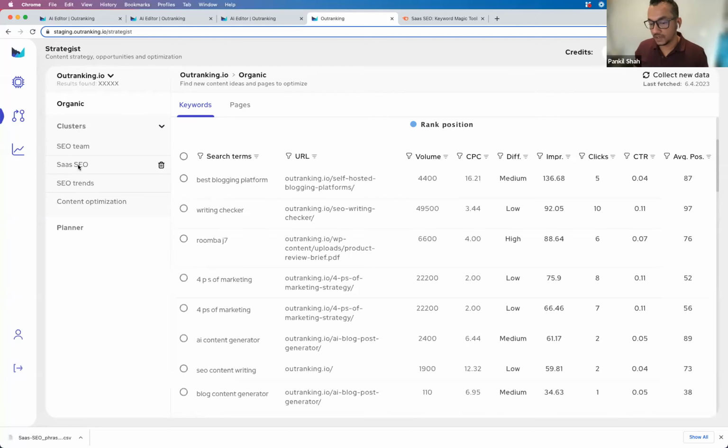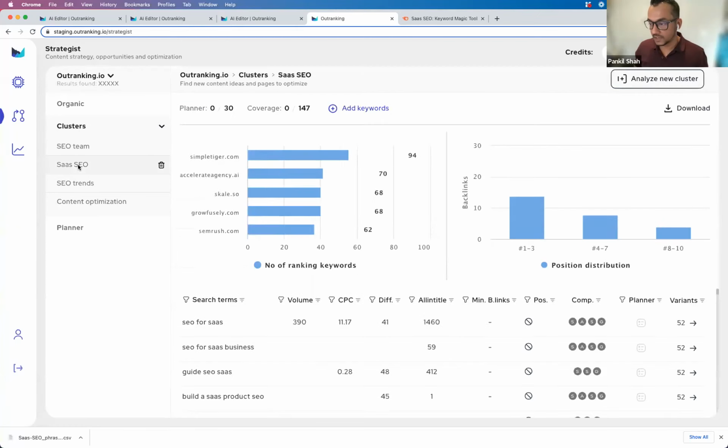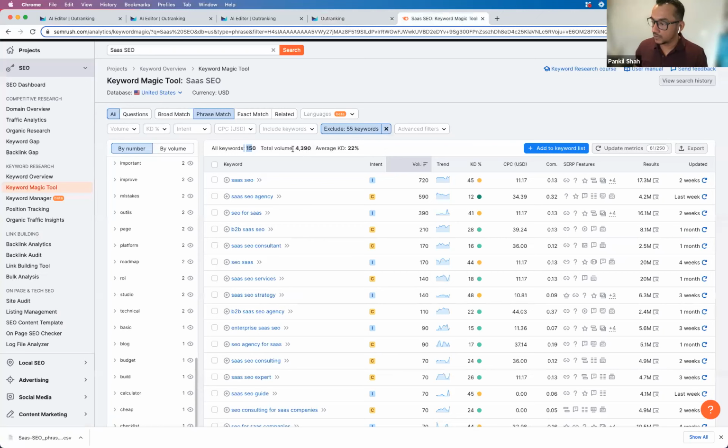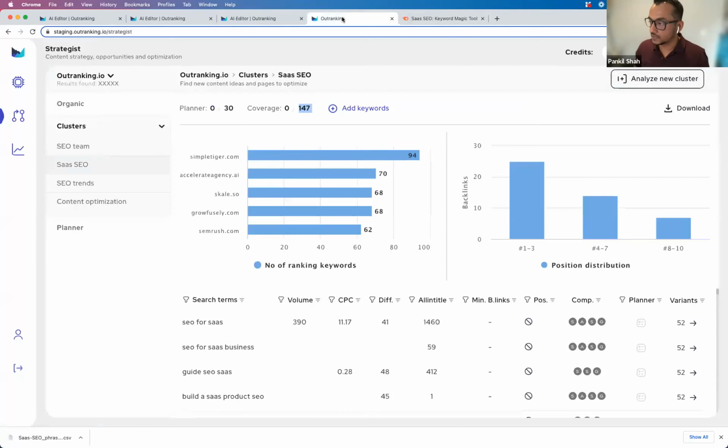And for this specific use case, I wanted to show a cluster of SEOs for SaaS SEO. If you click on SaaS SEO, we've analyzed 147 keywords, right? I grouped them and removed a couple more keywords, which might have been outliers because of numbers and things like that, which Outranking automatically excludes. So it figured out that there are 147 keywords. Let's start looking into how I devise a strategy for SaaS SEO, dominate this niche, and go after everything related to SaaS SEO that I want to cater to.